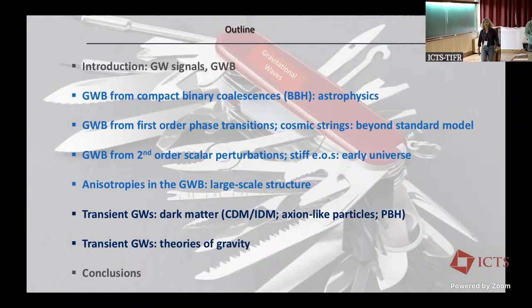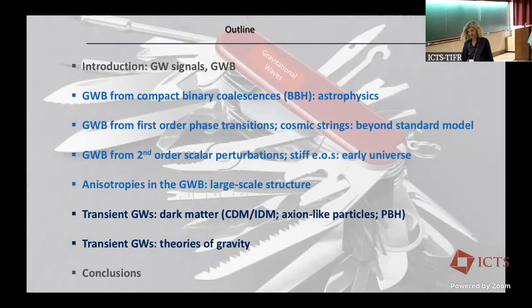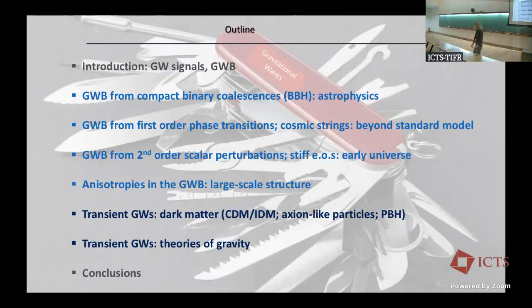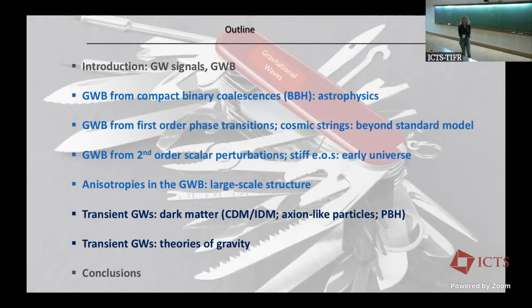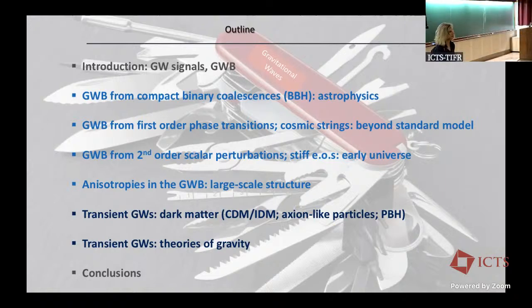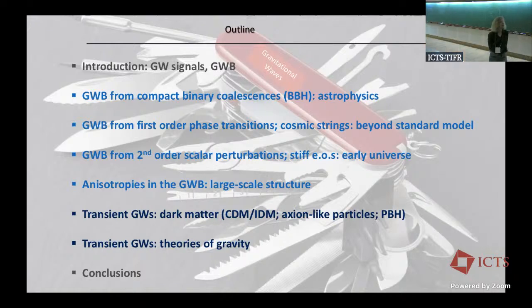And well, so I will carry on from what I said the other day. Basically, I would like to show how one can use gravitational waves to test theories beyond the standard model. I will talk about first-order phase transitions that have been covered a lot during this week, cosmic strings, then about early universe second-order scalar perturbations. Already Gian Massimo spoke about that at least, and somebody else, I don't recall who. Stiff equation of state, and I will put a couple of transparencies about parity violation. That's another thing about the early universe.